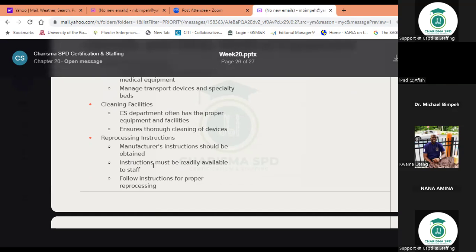The instructions must be readily available to staff, like a manual; it should be available anywhere. The manufacturer will send somebody that we call a vendor, who will conduct a very thorough, very detailed in-service. Then we receive a manual. Then if the hospital has an educator,